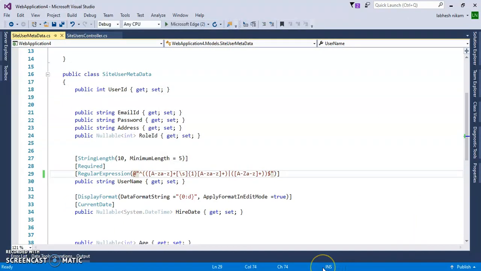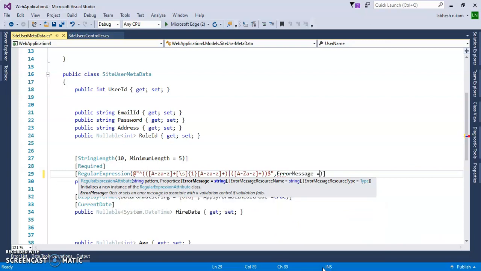Let's stop the debugging and add the error message here: comma, error message equal to, please add small and capital alphabets only, so that it will display this error message.